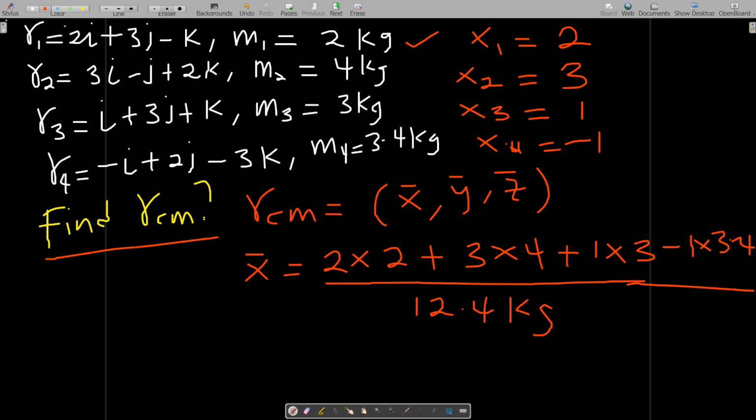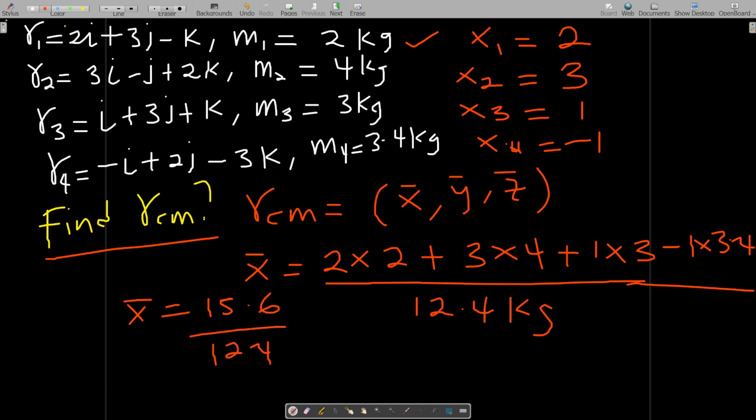Now you can use the calculator. So 2 times 2 plus 3 times 4 plus 1 times 3 minus 1 times 3.4, and the answer is 15.6. So our x bar is equal to 15.6 over